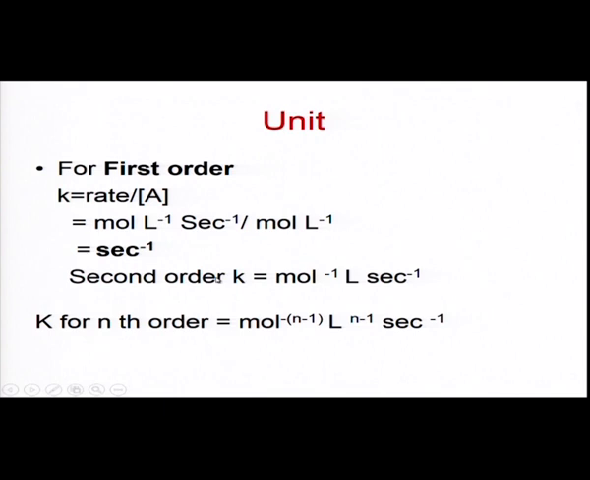This is for second order, and for nth order, second order, third order, we can write it in this form. This is a general equation. So, for first order kinetics, the rate constant unit is time power minus 1. And as I mentioned before,